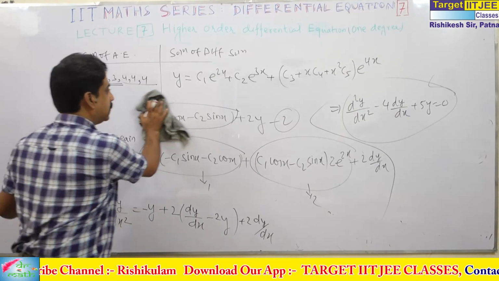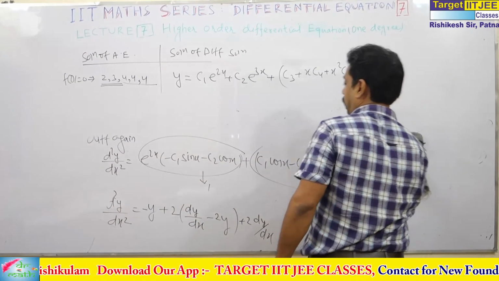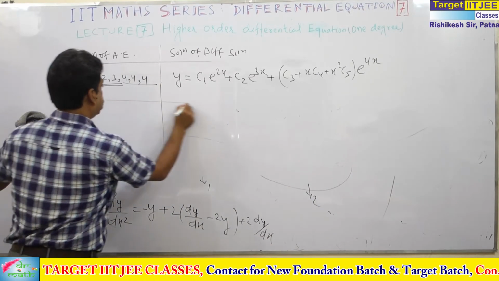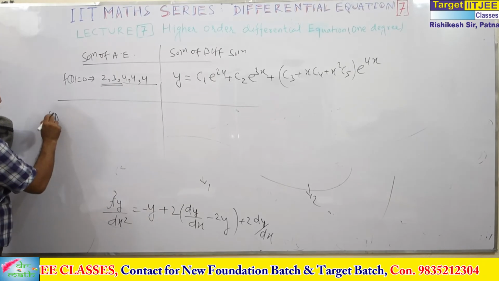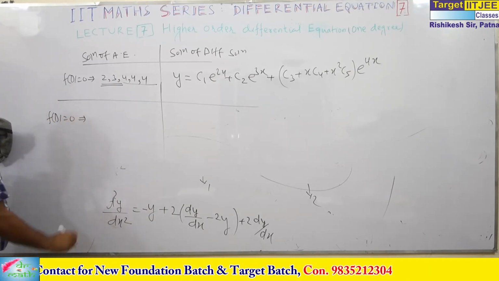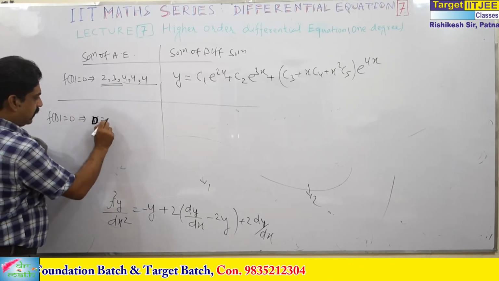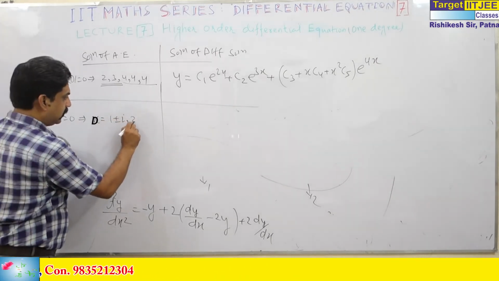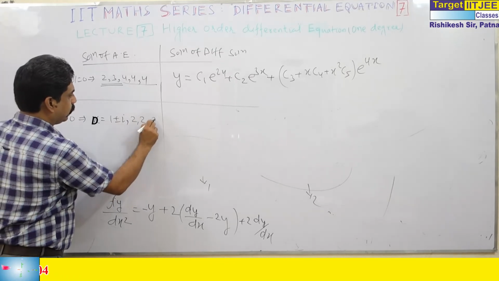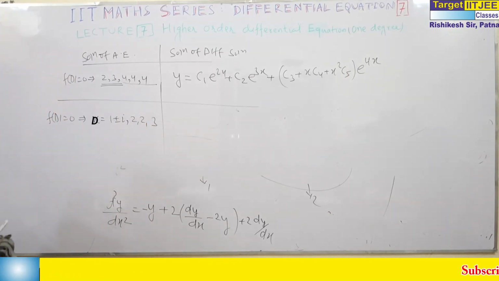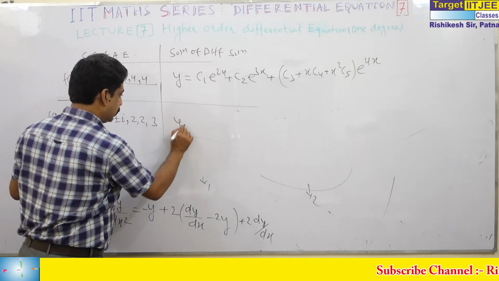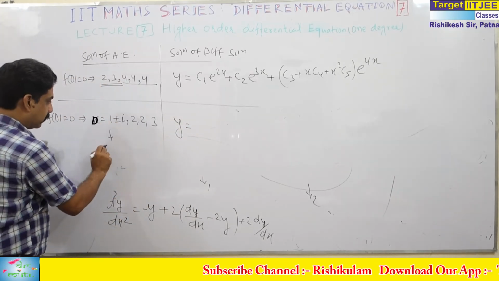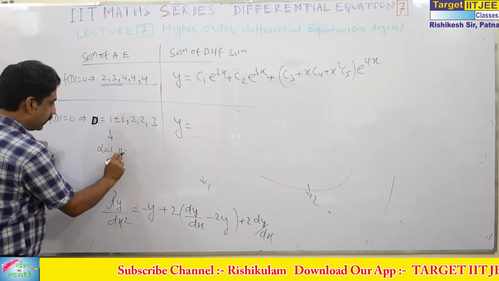Let me take one more example like this. You have to solve a 5 degree equation by factorization. Suppose f(D) is equal to 0. We'll give equations like this: x is equal to 1 plus minus iota, and 2, 2 and 5. Then what do you write? Suppose y is equal to. For this one, alpha is 1 and beta is 1.